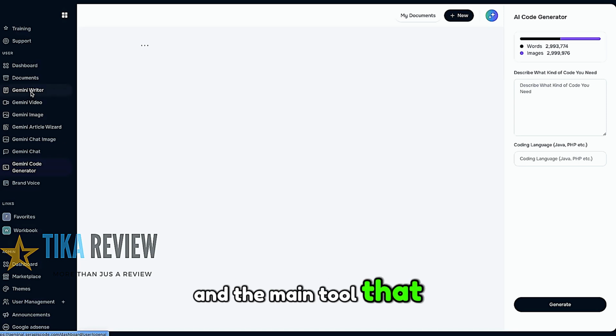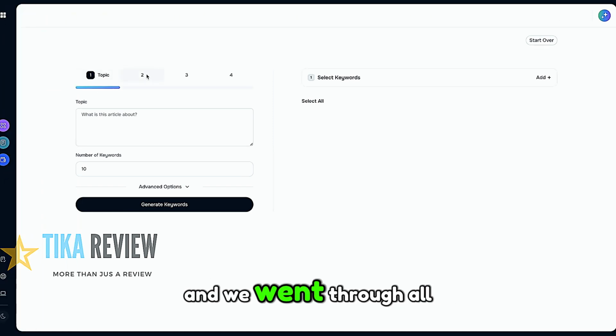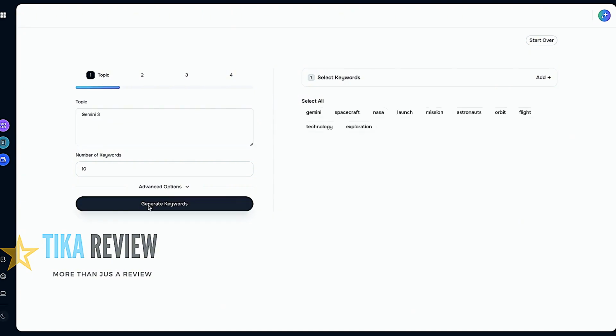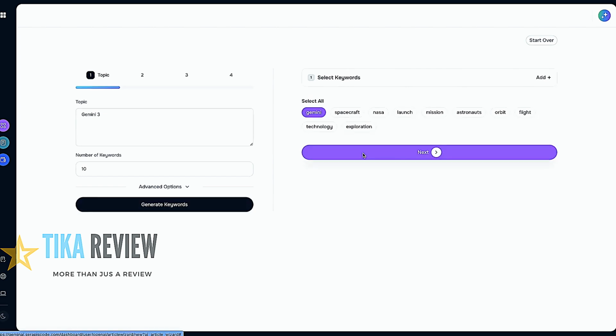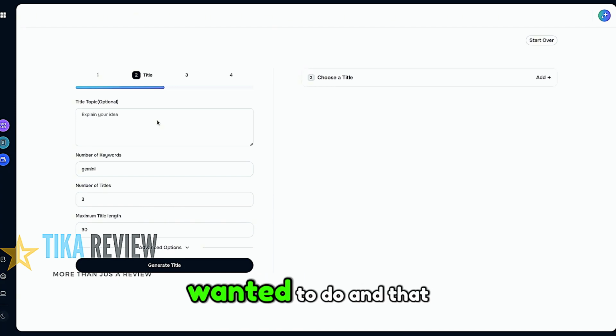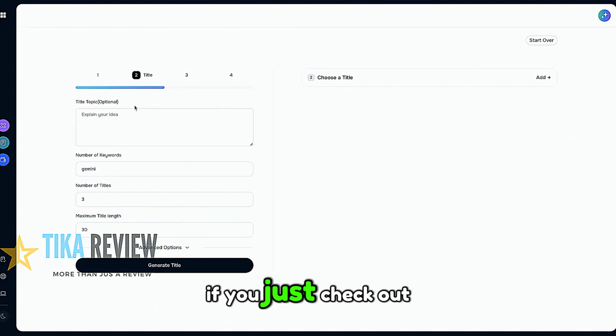And the main tool that we used for the sales page is the Gemini Article Wizard, and we went through all of these steps here. And we went through all of them. We added our titles, we added our content, we added the angle we wanted to do, and that is what it created. So you are able to replicate that right now if you just check out GeminAI,